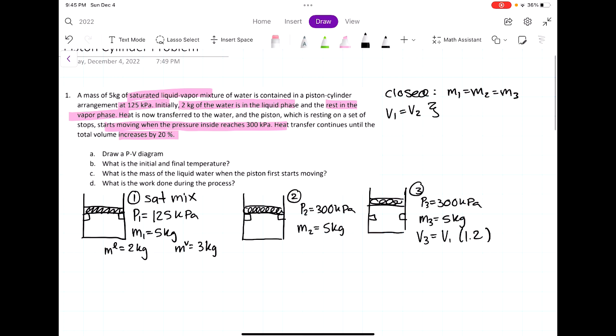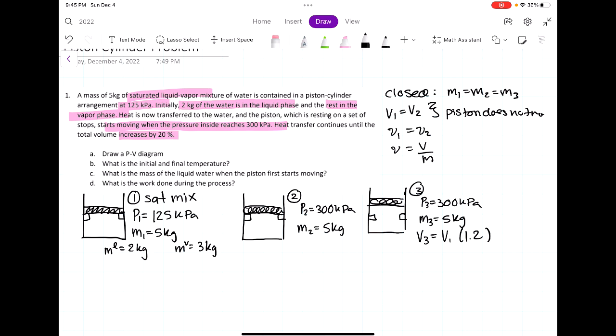Since the piston does not move. So we know that v1, or the specific volume, is equal to v2, right? Because specific volume is equal to volume over mass, right? So if we can figure out the specific volume in state 1, we can figure out the specific volume in state 2, which is good because in order to look up the states in our tables, we kind of need